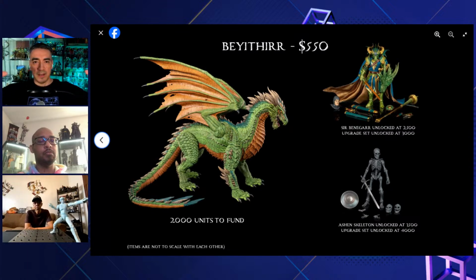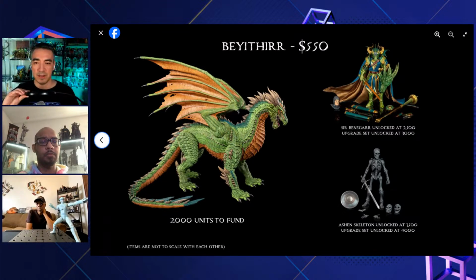And so they just reiterated, they didn't include them at first because they wanted to make the base dragon as affordable as possible, right? If they add that other stuff, they're going to have to increase the price and the shipping on those items. And so